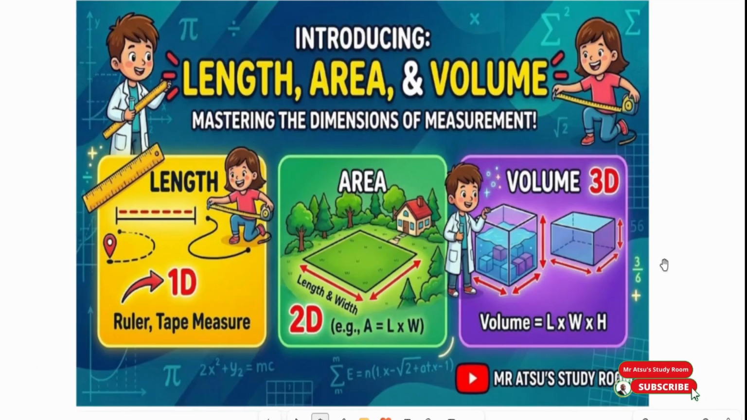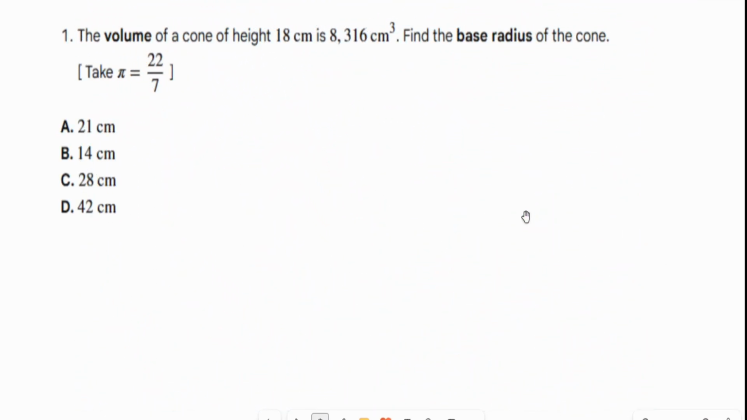So these are some of the ways a student can apply this concept later in life. And we can now move on to the first question. The first question reads that the volume of a cone of height 18 centimeters is 8,316 centimeter cube. Find the base radius of the cone. Take pi equals 22/7. To understand this question properly, we'll look at the key information or facts from this problem,